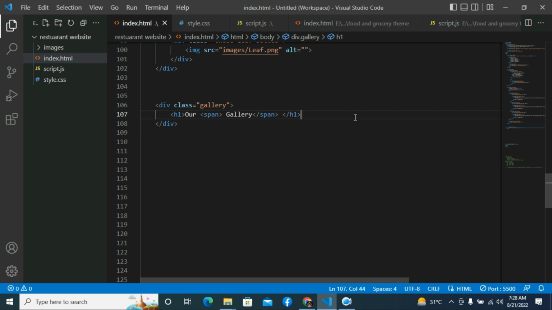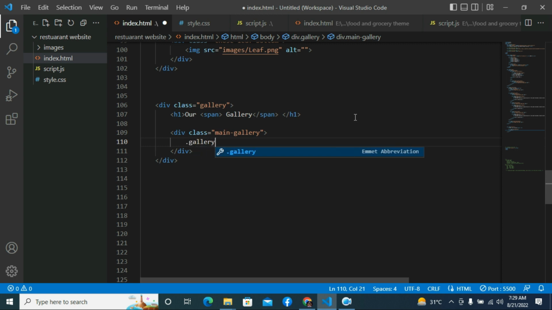Okay, after that, let me take one more thing. The class name will be main-gallery. Okay, and after this we'll take inner. Let me just make another class. It will be like dot gallery-icons. Okay, leave this class for now. I will present it in the end, and for now let me just take